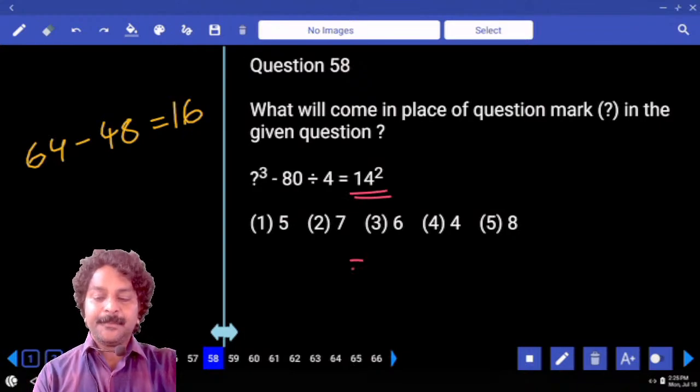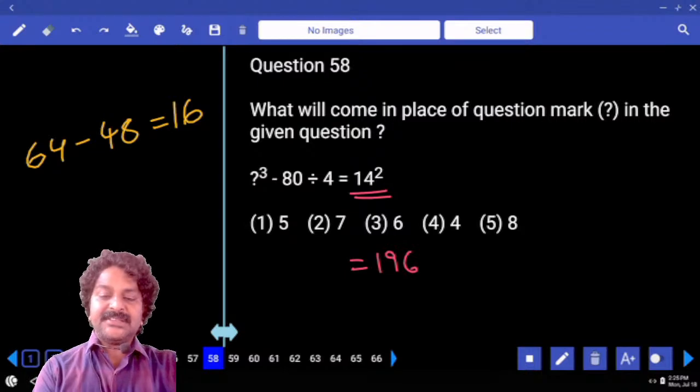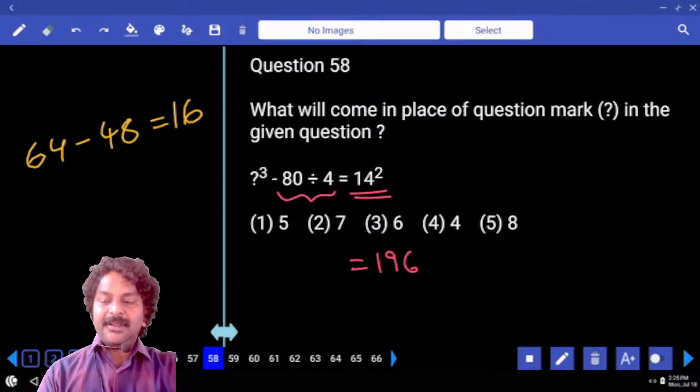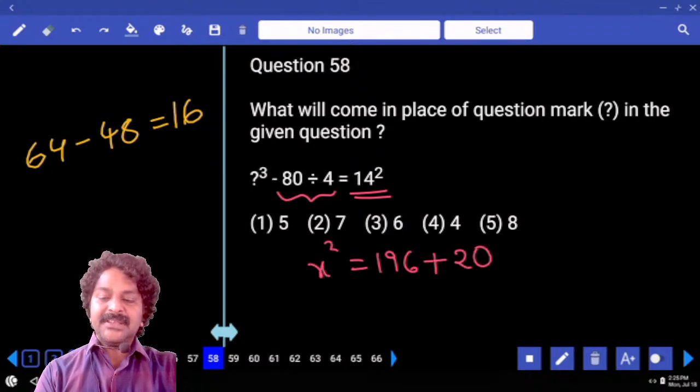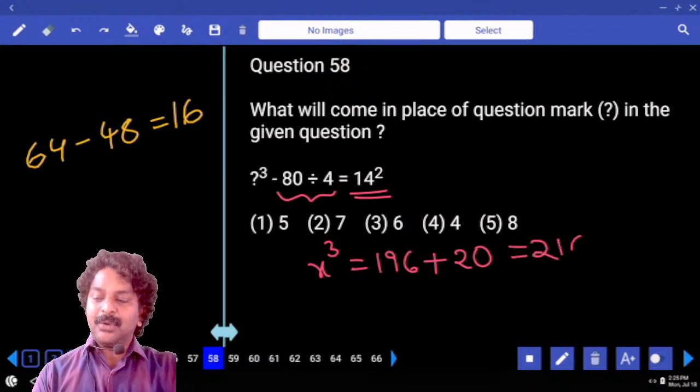Right hand side 196, left hand side plus 20 or minus 20. Take that to the right hand side, it becomes plus 20 only. That means x cube is equal to 216. So the answer,